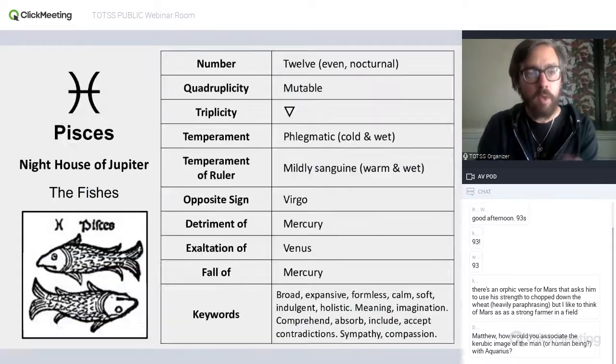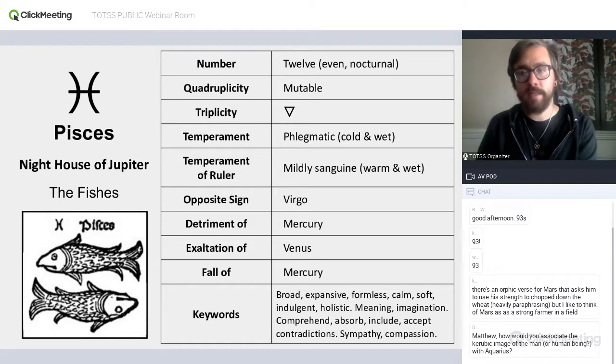Yeah. All right, and then last here we have Pisces. So number 12, even number. So this is a night house and is ruled by Jupiter. Pisces is the fishes, which, besides the fact that the fish are connected to water, and this is very definitely a water sign, I don't think of the fishes as being particularly useful. Fish has the associations with coldness and being kind of cold-blooded, and I don't think that that's a very useful way of accessing Pisces, other than just the fact that the fish live in water.